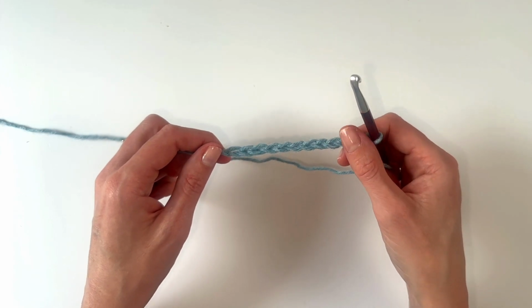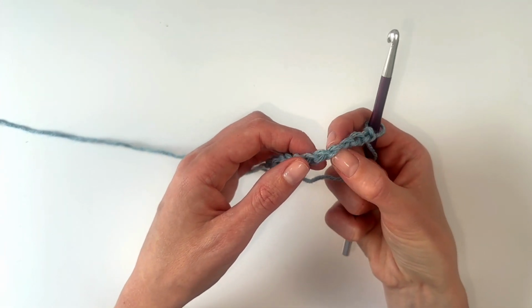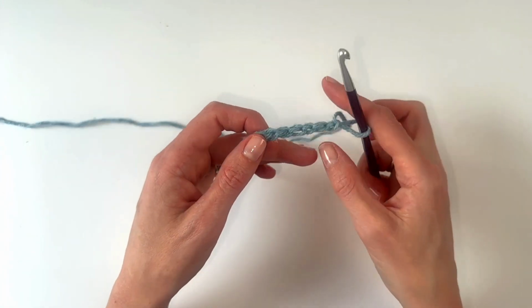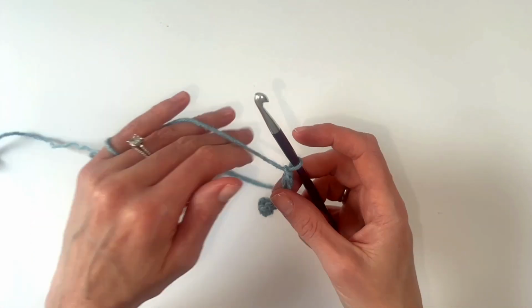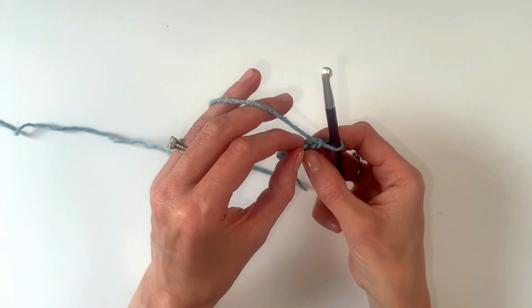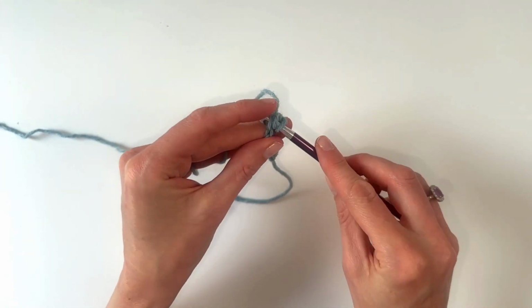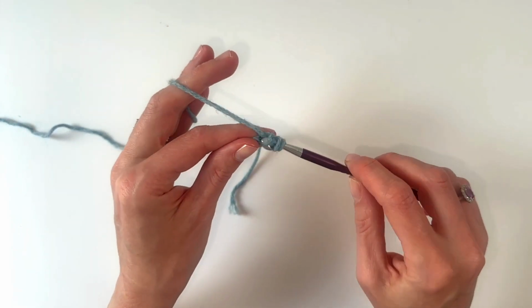So when I am working into my starting chain, I actually like to flip it over and work into these back bumps here because I just think it gives a nice, neat edge. So we're going to skip the first chain from the hook and then begin working into the back bump of this second chain. So we'll yarn over, insert our hook into that back bump, yarn over and pull up